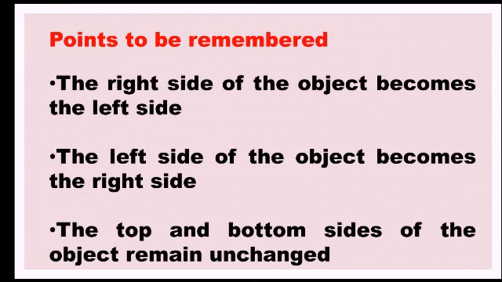But we can also observe many different types of objects, alphabets and numbers which remain unchanged. When we see the mirror image of particular alphabets or objects, the sides remain the same. We cannot find any change in the sides of O, I, U. These are different types of alphabets which remain unchanged.